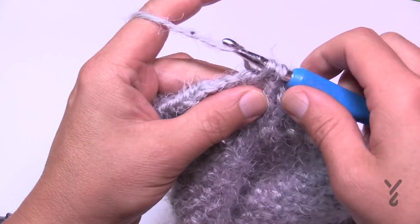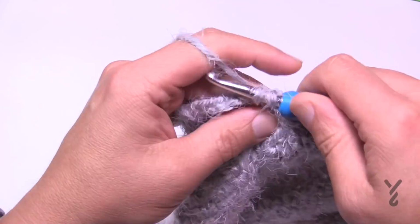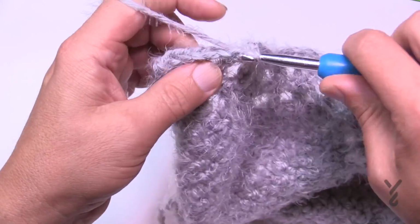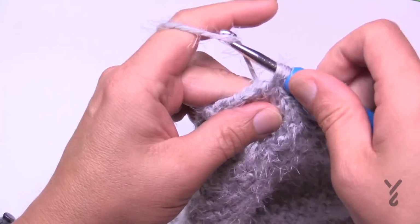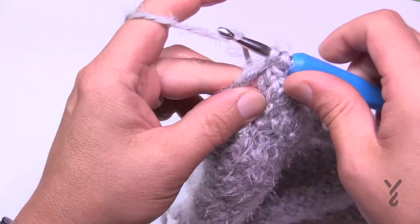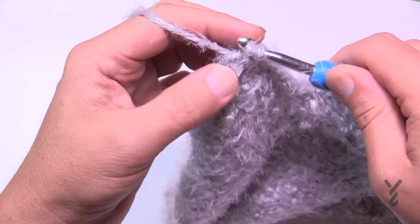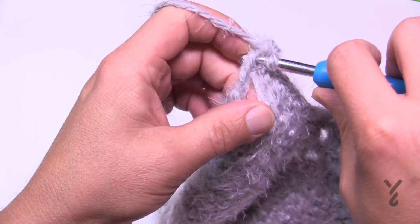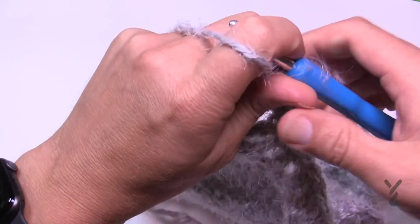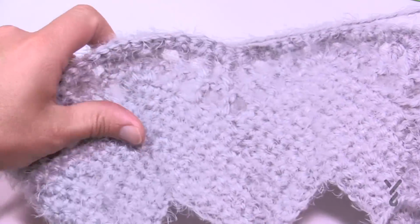For everybody else, you're gonna go up 7. So 1, 2, 3, 4, 5, 6, and 7. It's the space right before the end, and in the 3rd chain up you want to put in 3 single crochets. Sorry, 2 single crochets at the end. So you started with 2 on the one side, and this will return you back, and this will then complete